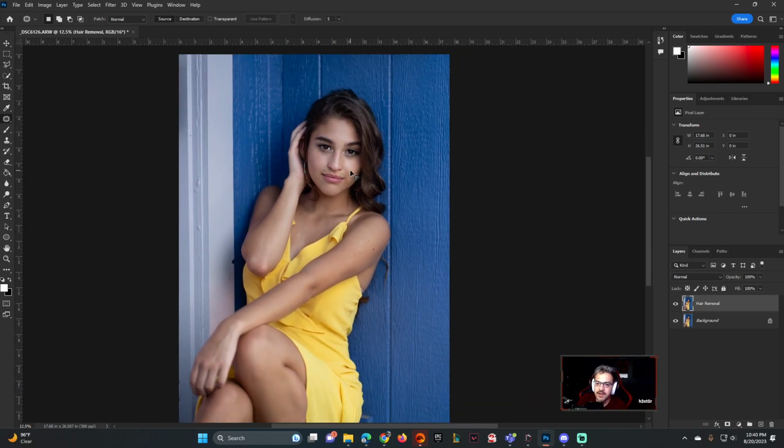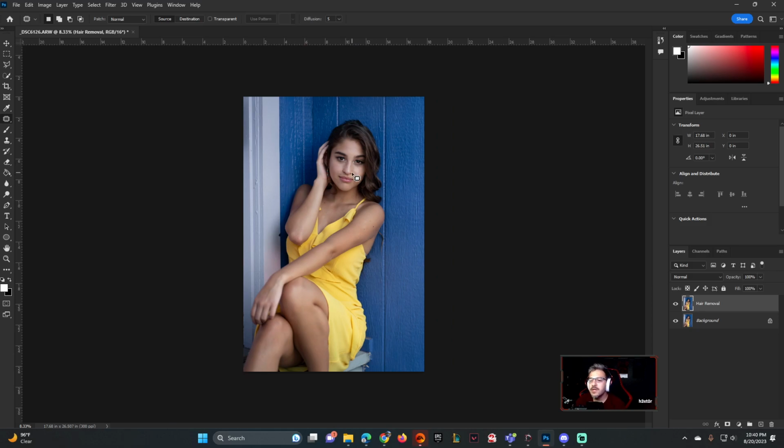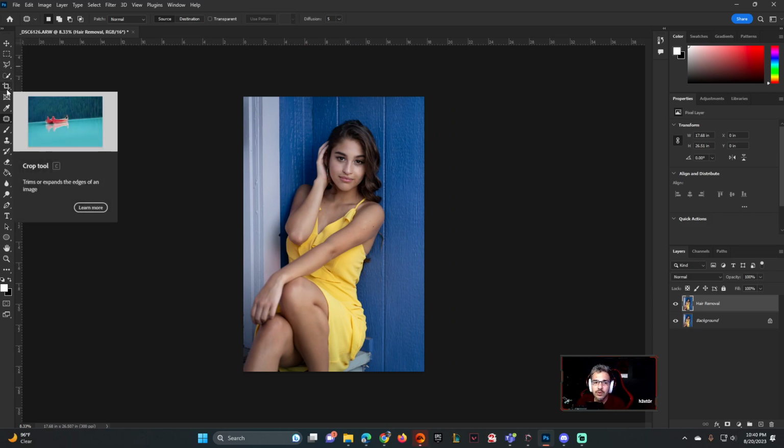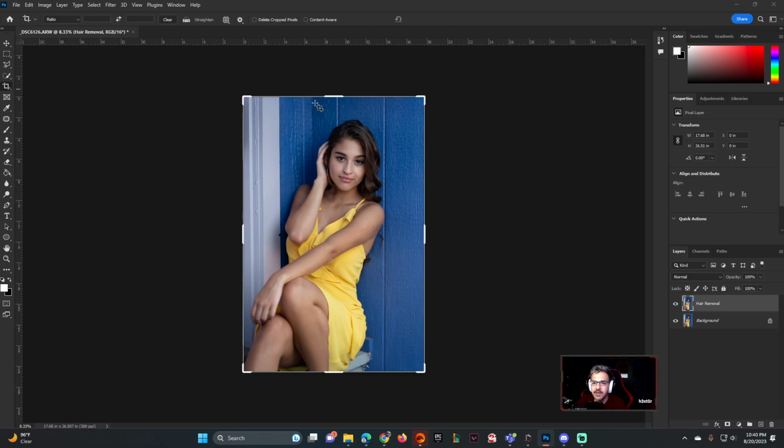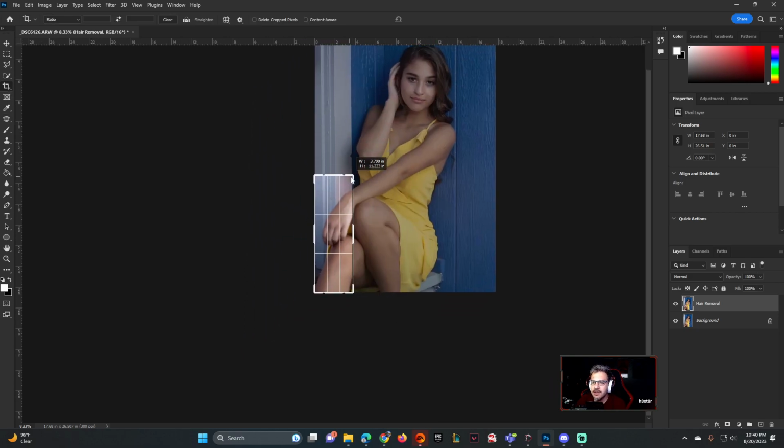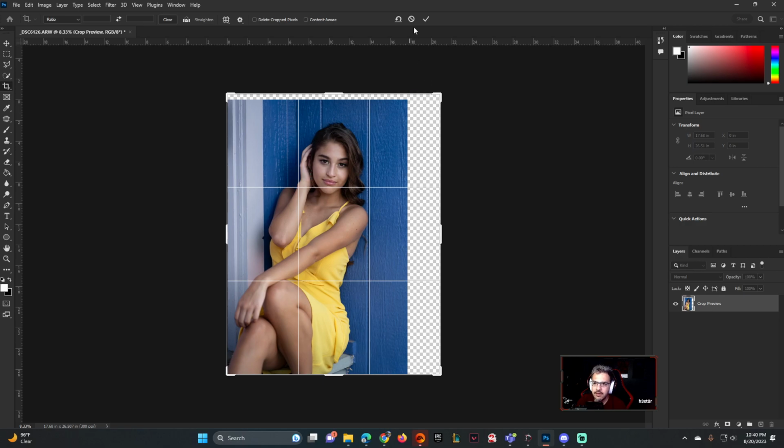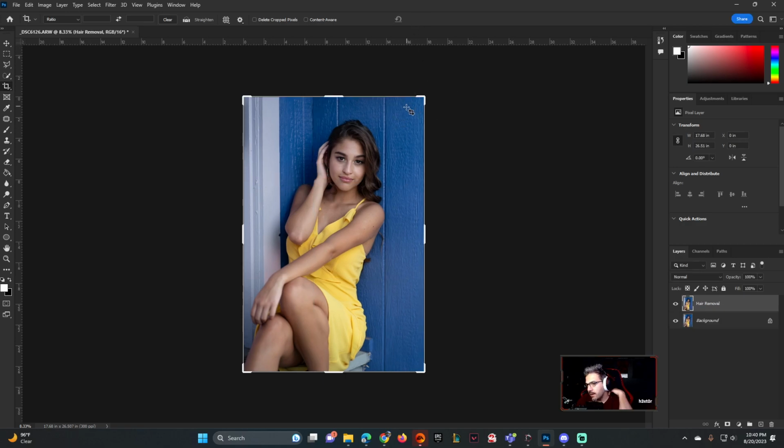So now that we've got that out of the way, we can do some adjustment in the actual image. We're gonna go over to our crop tool that's right here. This allows us to make the image smaller, bigger. So I'm gonna cancel that and just adjust the size of our image. But you also notice we have a line here that says straighten, and we're going to just select down this straight line,